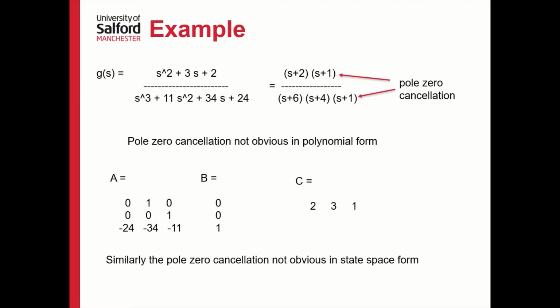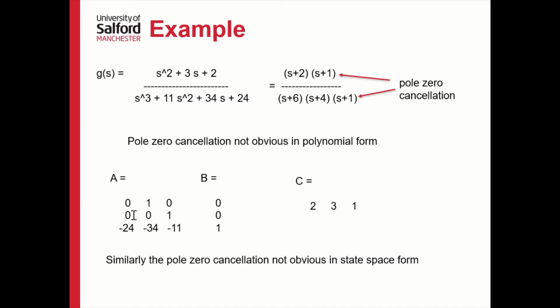So let's look at an example now. Here's some transfer function, and one of the things about transfer functions in this format is you can't tell if you've got a pole zero cancellation, but in fact if we factorize this out, we notice we've got a pole zero cancellation. So if we work out the A, B and C for this system here, this is the A,